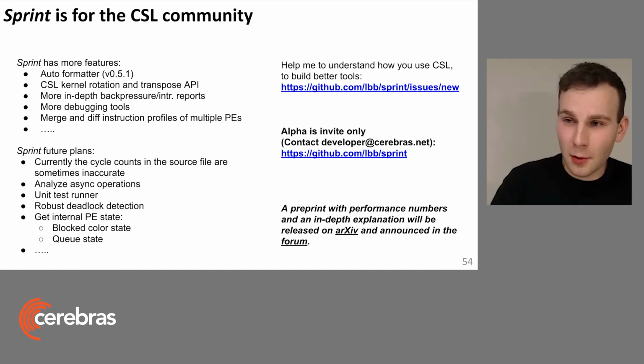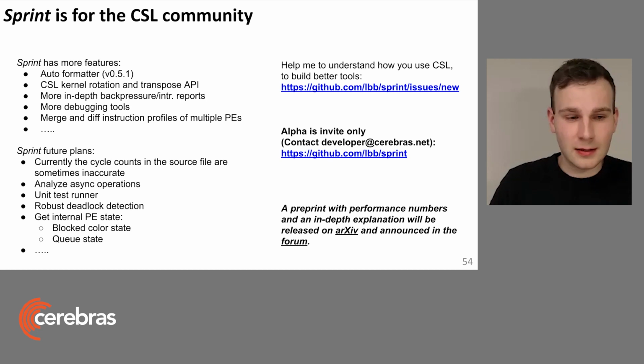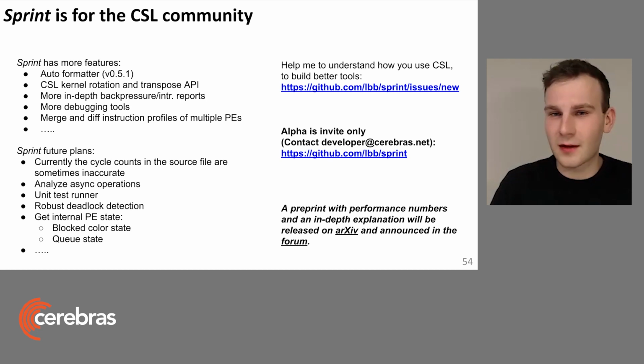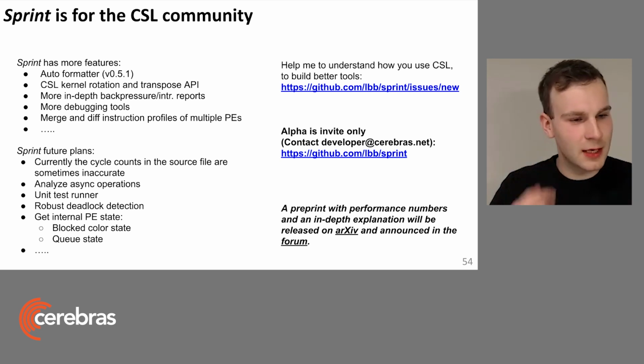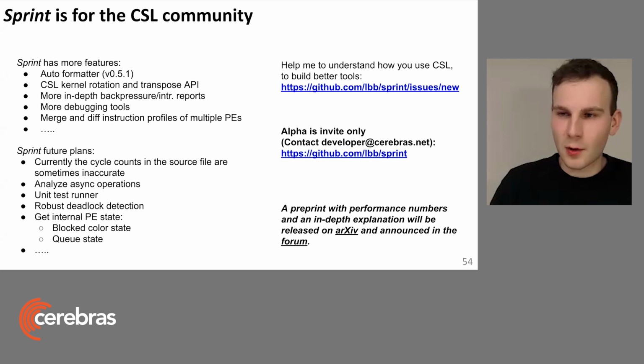You can block colors and unblock colors. And this is also something that I'm currently doing manually by setting values in my memory, indicating if I have a block color or unblock color. So ideally, I want to get this from the simulator. One thing that's a bit tricky is running unit tests, but I have some ideas which I will include